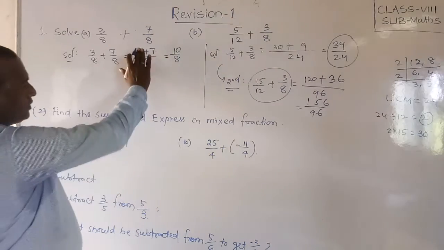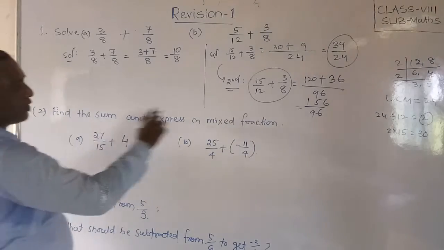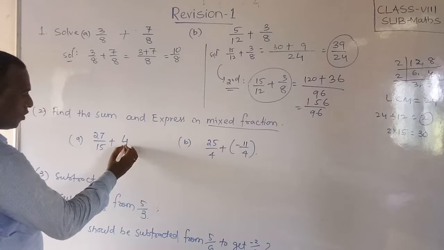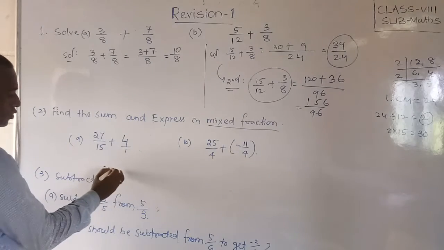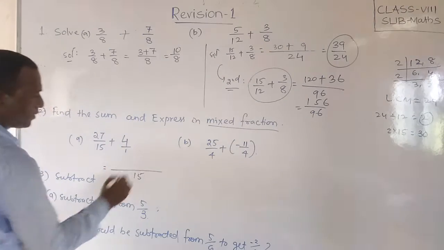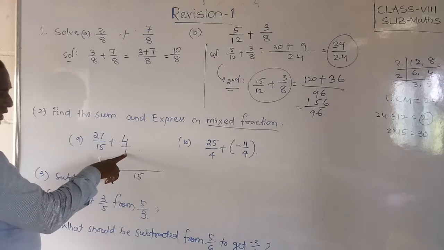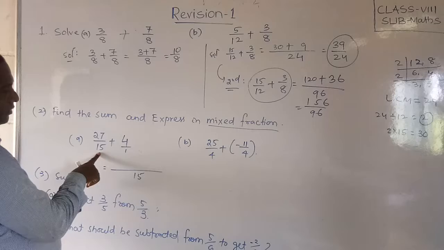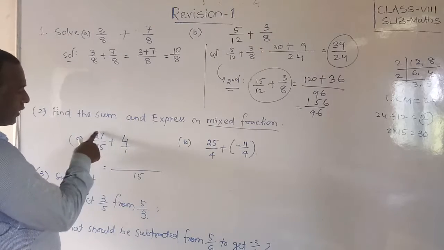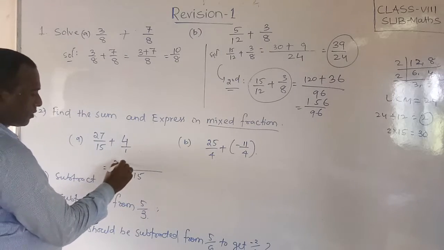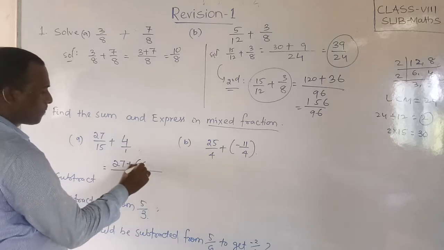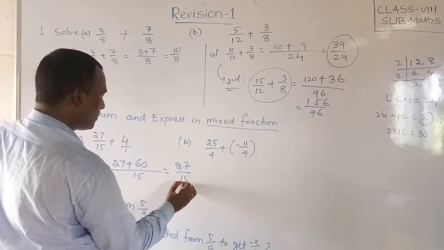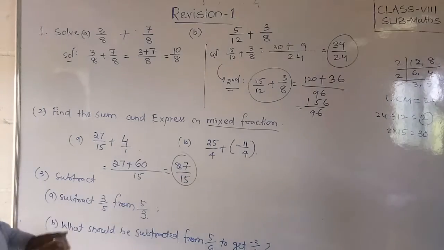Students, observe, same things only, but this answer you have to make into a mixed fraction. Other things are not there. So here the denominator is 4 and 1. So take the LCM, 15 over. In these cases, if 1 is there, you can do direct multiplication by 15, because only one denominator is there. So 27 we can do like this, plus 15 times 4 is 60. We can do 87 by 15.